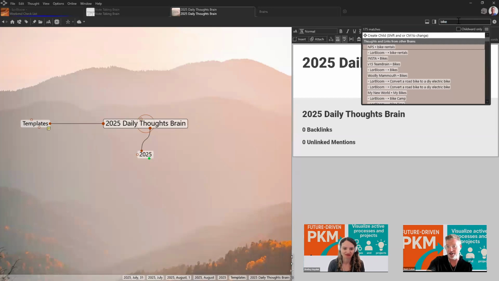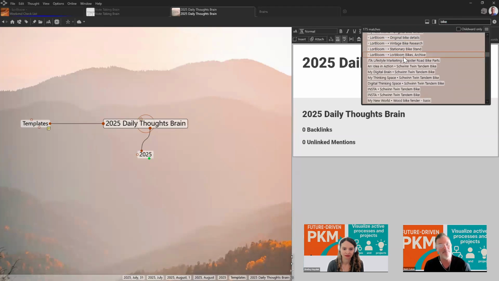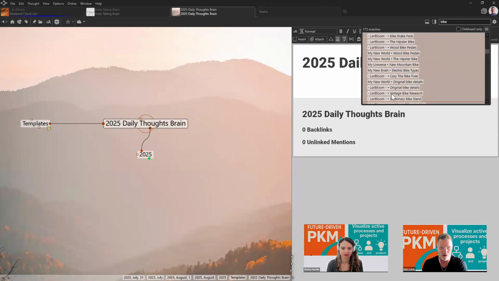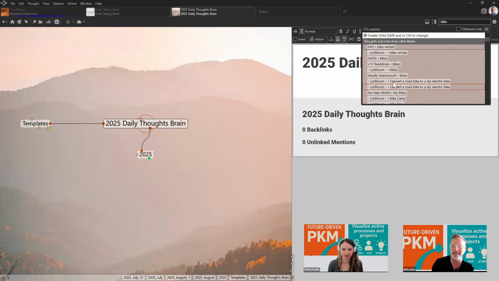Sure. Regarding the search, that's really important to point out too. If you don't have the right brain open, the brain that I have open right now is my sample brain for daily journaling. It has no notes in it. If I search for bike, it's not going to find anything in this brain. But as you can see, bikes shows up in many of my other brains, mostly my lower bloom brain, because I do a lot with bikes.